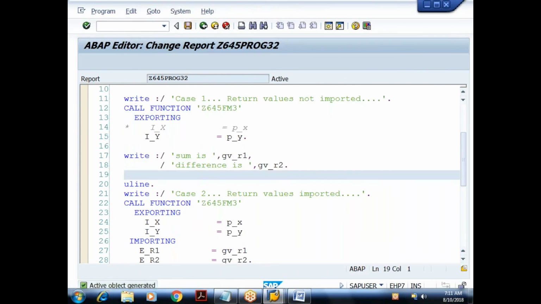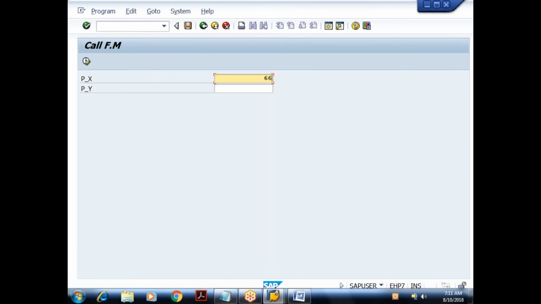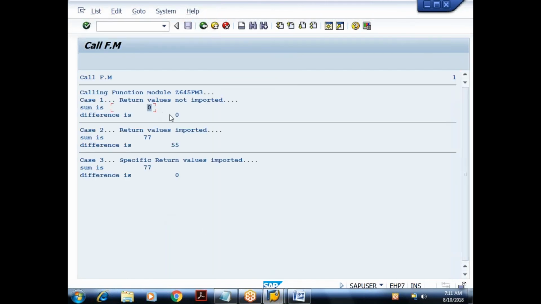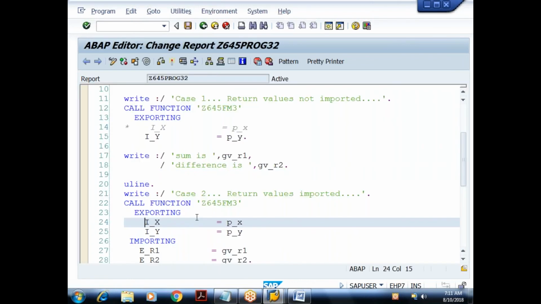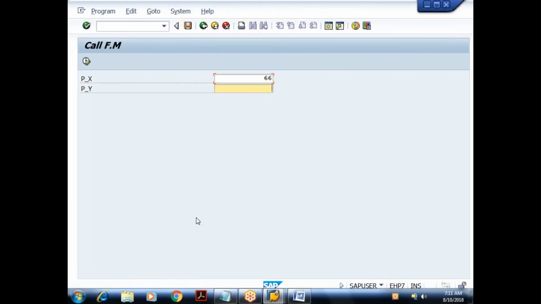So earlier we got the runtime error, but this time we will not get any runtime error because it is marked as what? Optional, so that you may or may not pass the values. And you are not receiving the values here. Okay, that's the meaning. Suppose here also, for the second case also, I will not pass. It is my wish. So when I execute that, I am reading, but I am not passing.